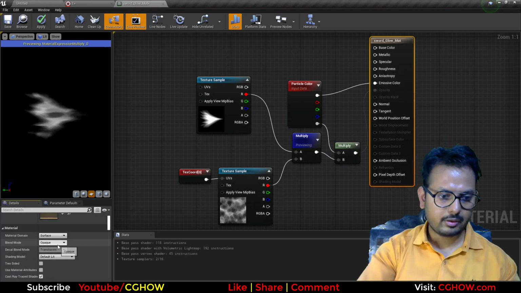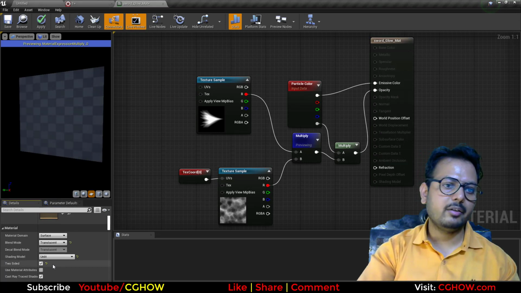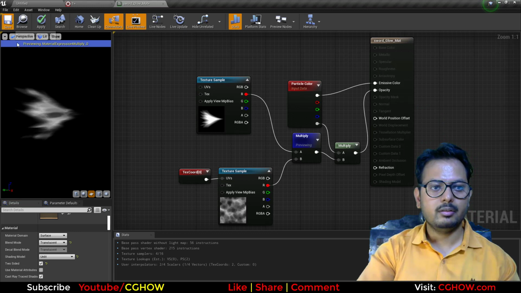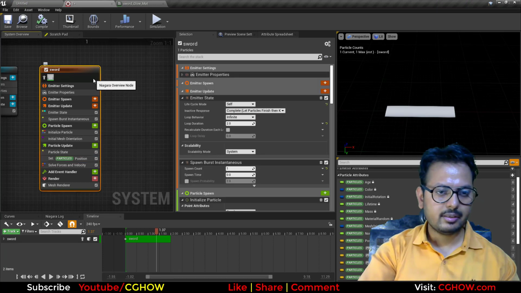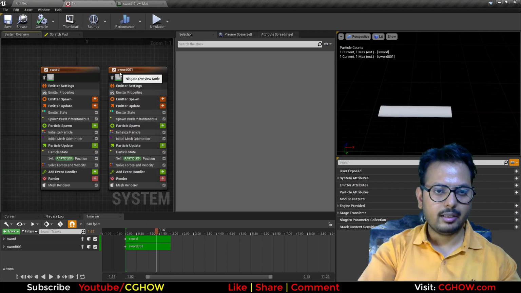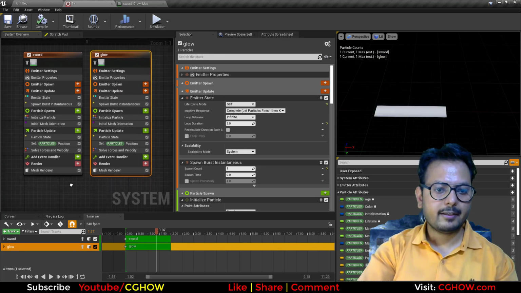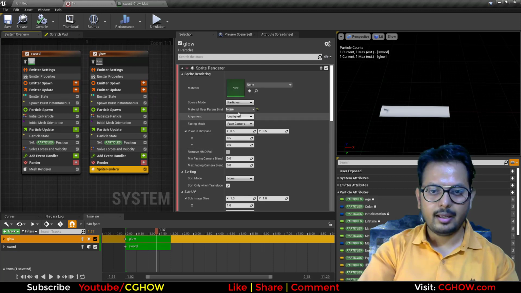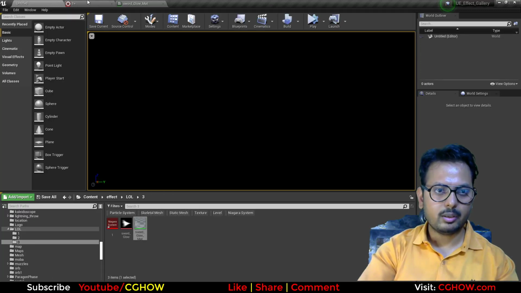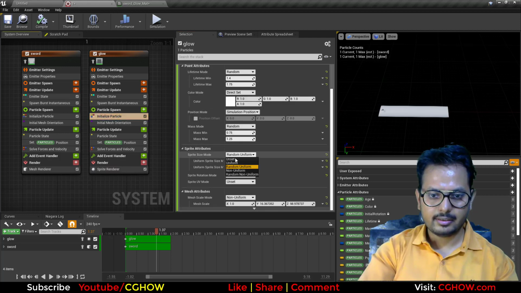Make your material transparent, annihilate, and two-sided if you need that. Save this, and I'll use this material here, and I'll duplicate this emitter, and this will be my glow. And if I take this out and take the sprite here and use that material, this sword glow, and I'll increase the size,